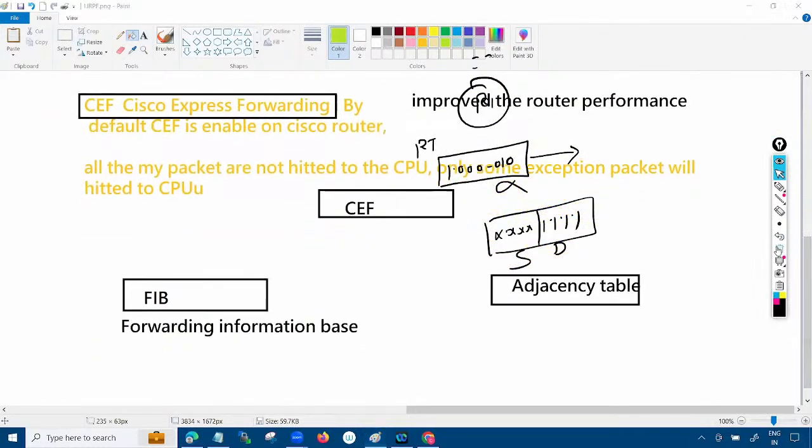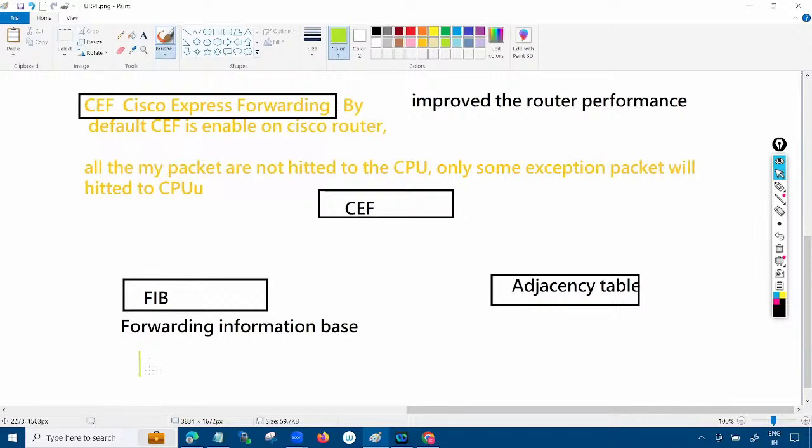So your FIB table maintains your layer 3 information, whereas your adjacency table maintains your layer 2 information. The FIB table is a mirror copy of your routing table. Whatever routes are present in your routing table, the same ditto information will be there in your FIB table. For example,